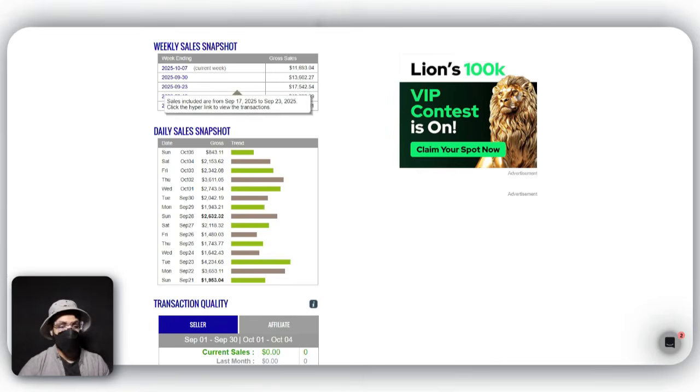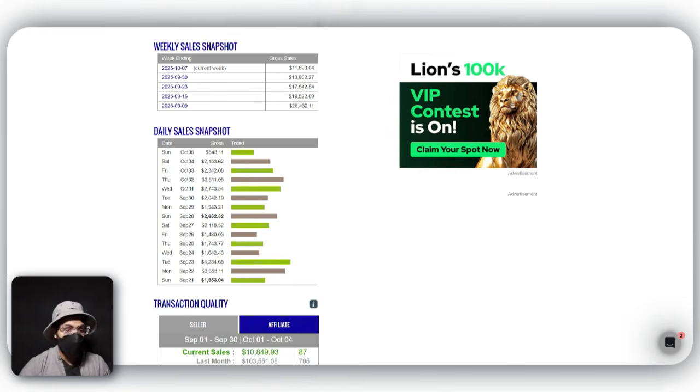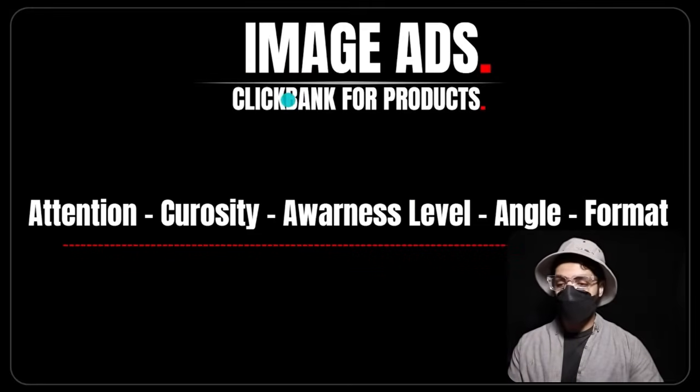How to make $2,000 a day with Facebook ads using only image ads, not video ads, and don't copy it. Don't copy the ads from other people. I'm going to show you the exact process I use to create image ads that convert. So let's go. Okay, now I'm going to show you how we are going to create image ads for